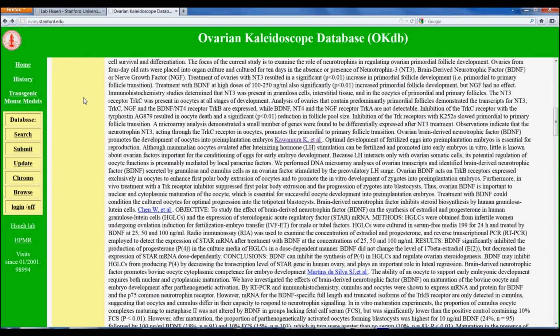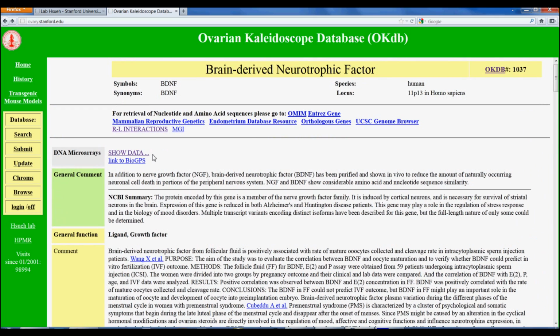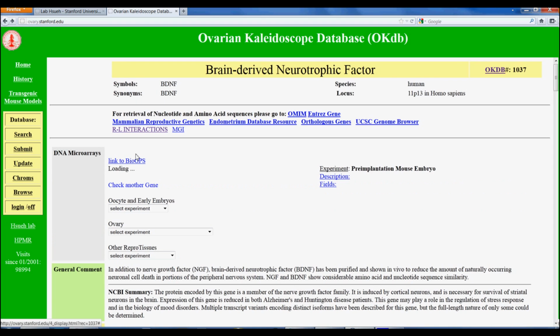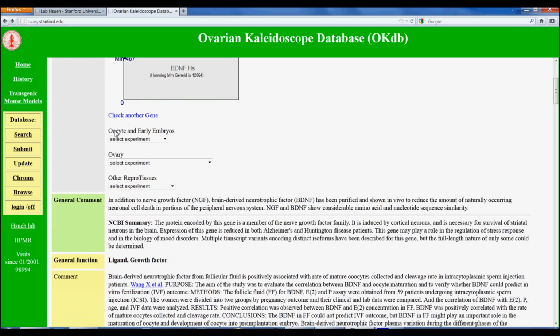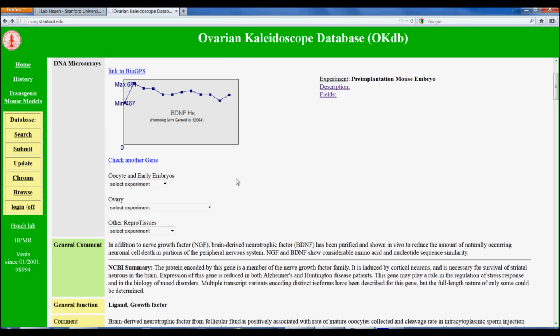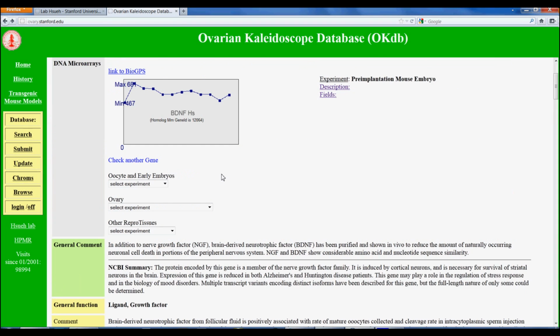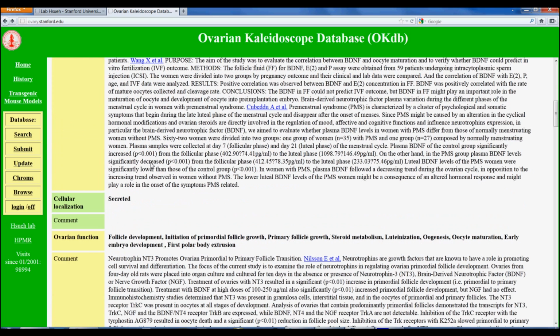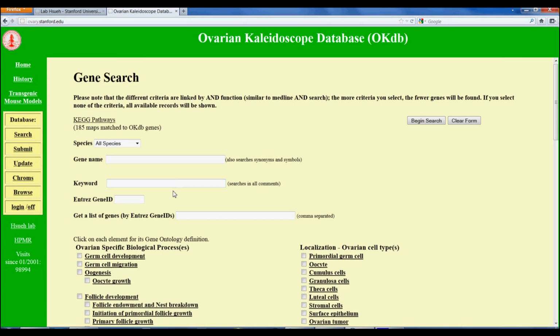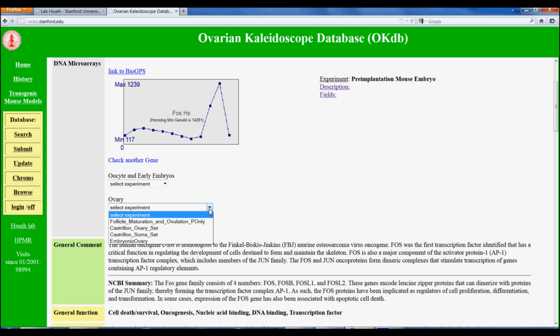So if we go back to the DNA microarray, we not only have this oocyte early embryo array and ovary array. For people who are interested in testes or endometrium or even pituitary, we also have the same thing. So the idea is to plot all this data for the user so that it's very convenient to see the regulation. And to give you another example of the value of this database, if you look at FOS, the